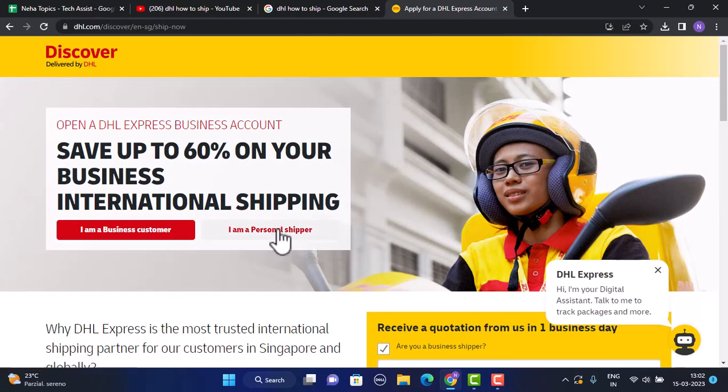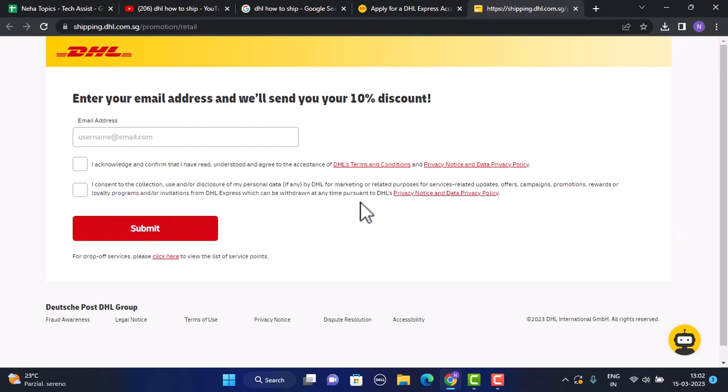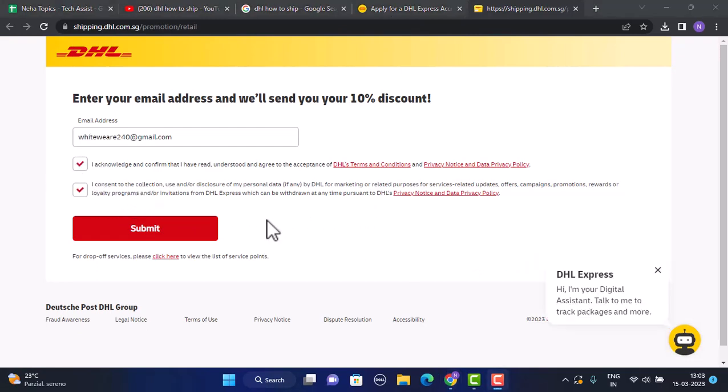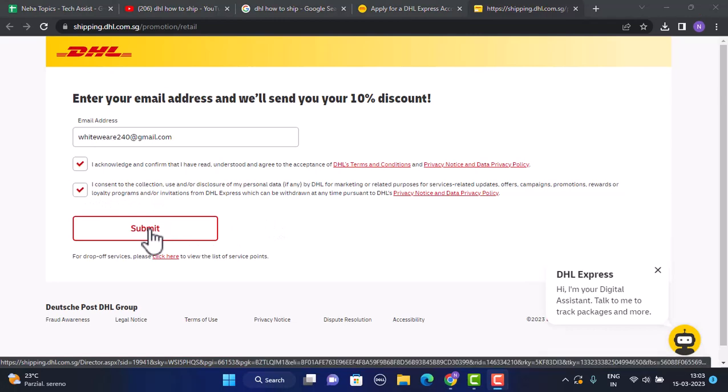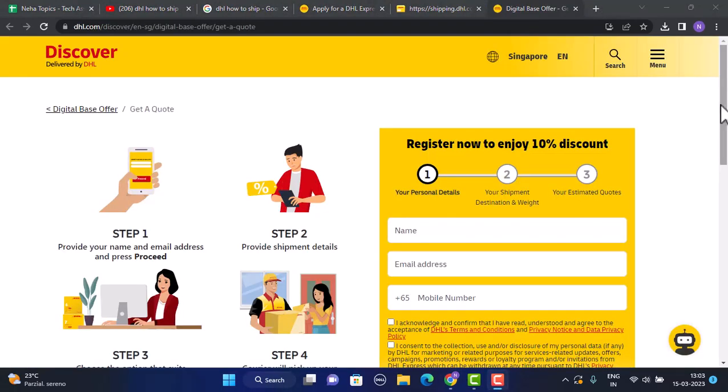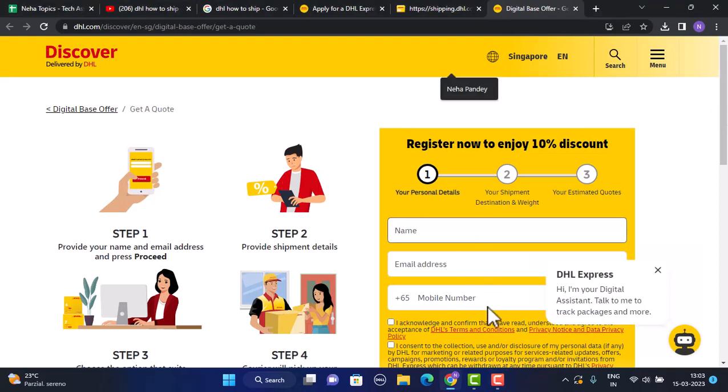So select the method, and after that you need to enter in your email address and mark on this terms and condition in order to proceed on. Once you're done entering your information, click on submit in the bottom left corner of your screen. So as you can see, on the other side you'll need to register. So for that you can enter in all of your information, and after that you'll be taken to the shipment